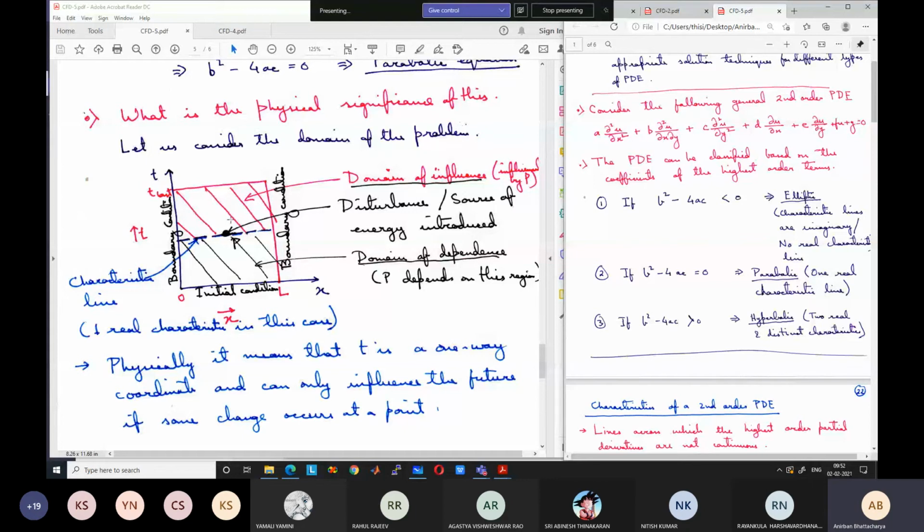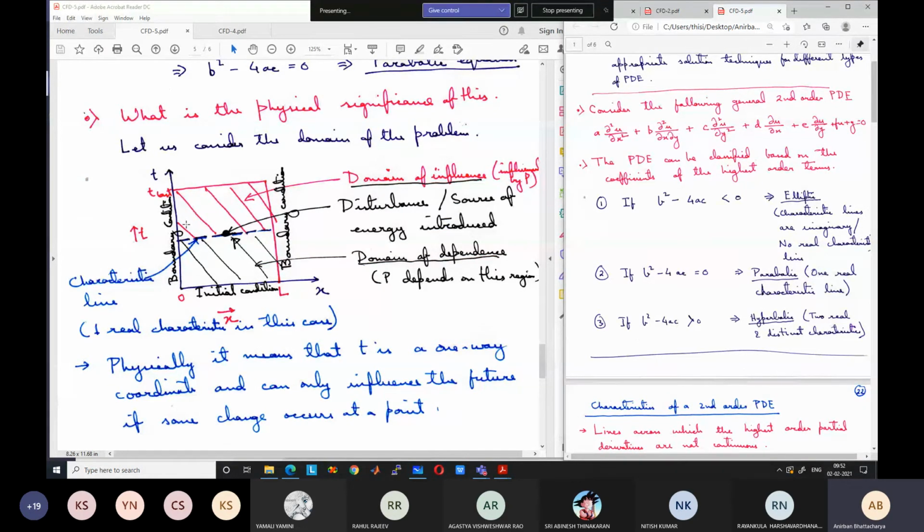So now what will be the effect of this source term, or the effect of this disturbance? Can this source term introduced at 60 seconds change the temperature at 50 seconds or 40 seconds? Means can it change the previous temperature? No, sir, it cannot change, right? But it can change the future temperature along the entire length of the rod. So if you change the temperature somewhere in a rod, it can influence the entire length of the rod, but only in the future, not in the past.